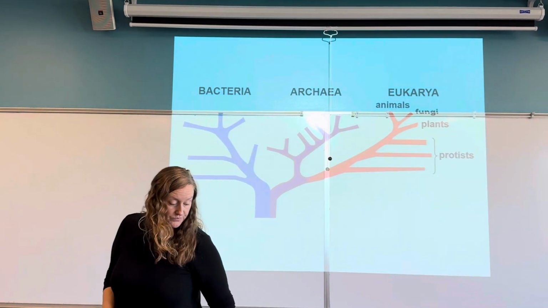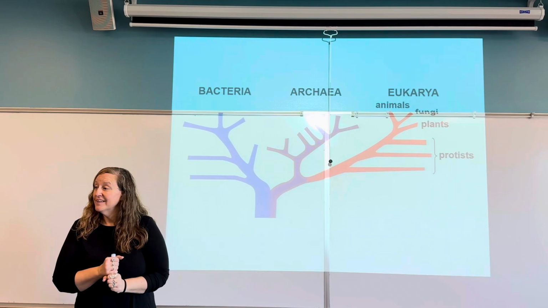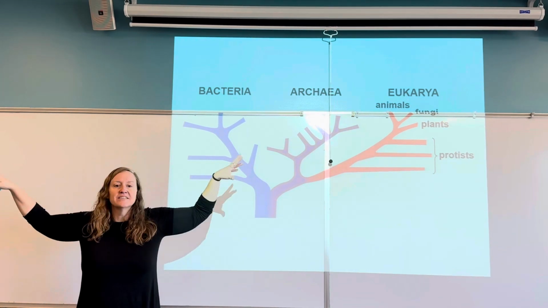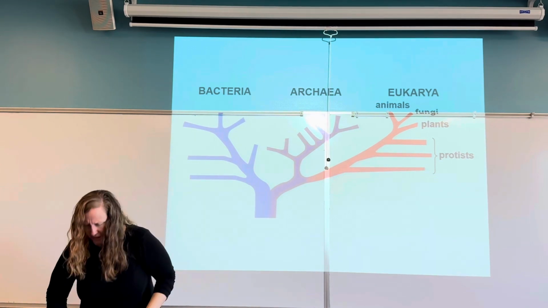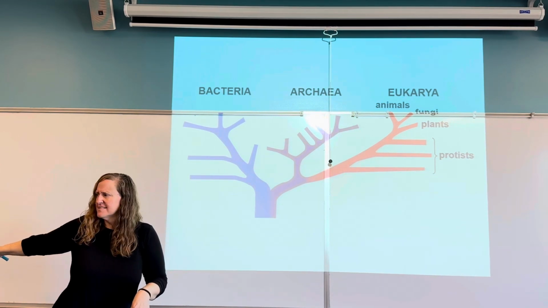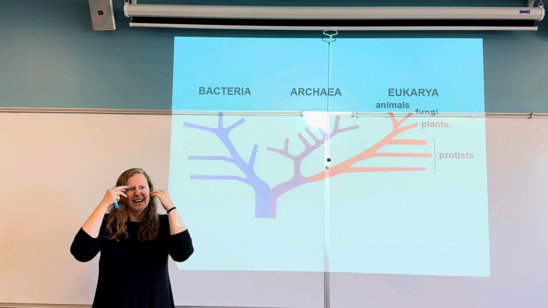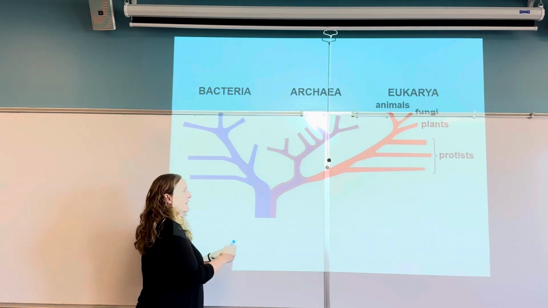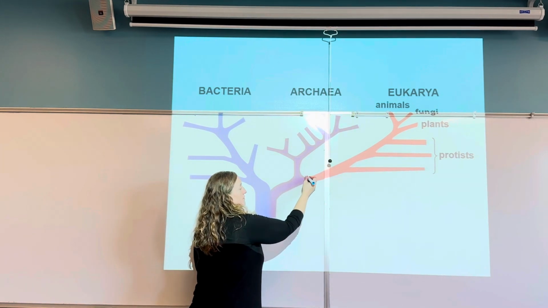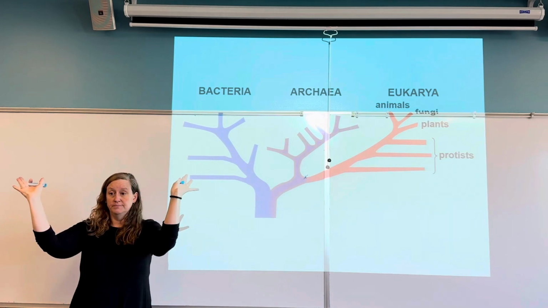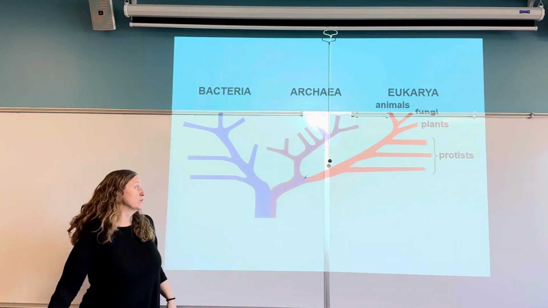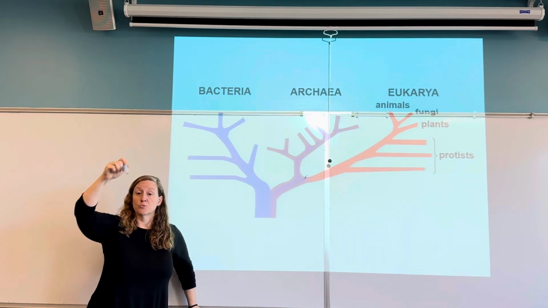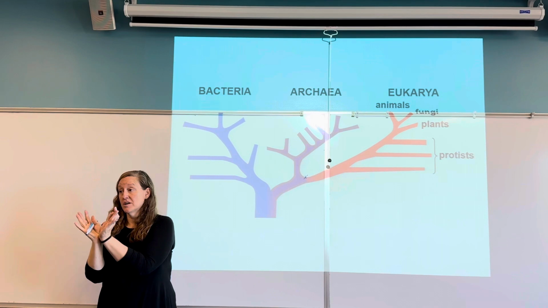Remember Archaeopteryx? Archaeopteryx was that bird-reptile thing, and it had wings, but it had claws on its wings, and it had bird-like legs, and it had a long tail like a snake, and it had a beak, but it had little teeth on the beak, so it had a lot of reptile characteristics and a lot of bird characteristics. So Archaeopteryx would be in one of these little branches. It's a common ancestor to the 2 groups. It doesn't mean that necessarily birds came from reptiles or reptiles from birds. It means they had a common ancestor with one another.